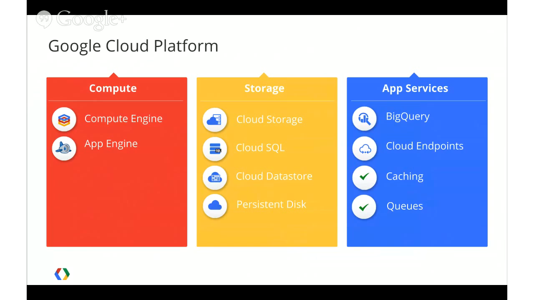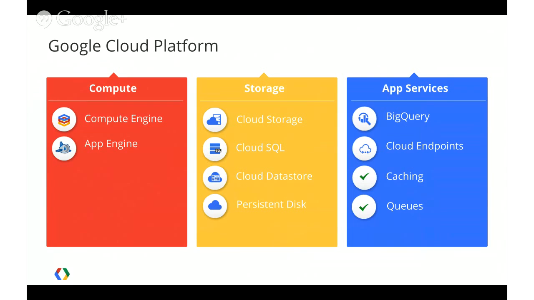So you have compute, so data processing, crunching numbers, serving up your application. There are two services there. Compute Engine, which again is our infrastructure as a service piece, your typical virtual machines. And then we also have App Engine,